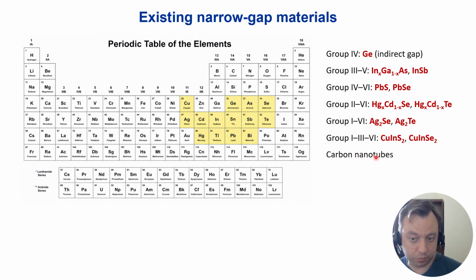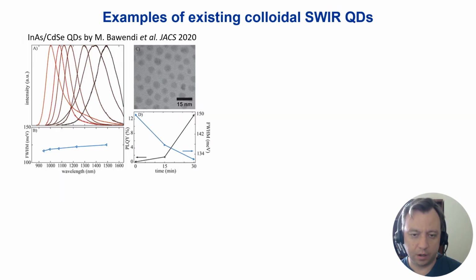Semiconductor carbon nanotubes can serve as infrared emitters as well, but they are rather toxic. We would like to avoid them. In the epitaxial world, the most abundant shortwave emitters are indium gallium arsenide with tunable emission wavelength. Our community would like to bring it to the colloidal world, and the groups working in that direction include the